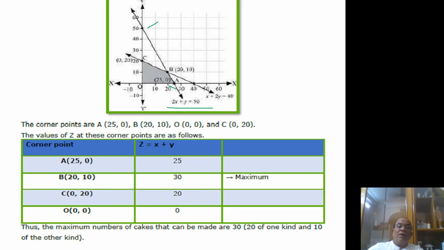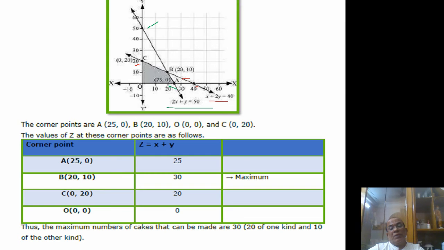Similarly, when we move to the second line, that is x plus 2y equal to 40, you can see here in red, when y is 0, x is 40, so this is the point 40 comma 0 in red. And when x is 0, y will be what? 20. Right? Now, we will find the feasible region. How? Again, we will put the origin.